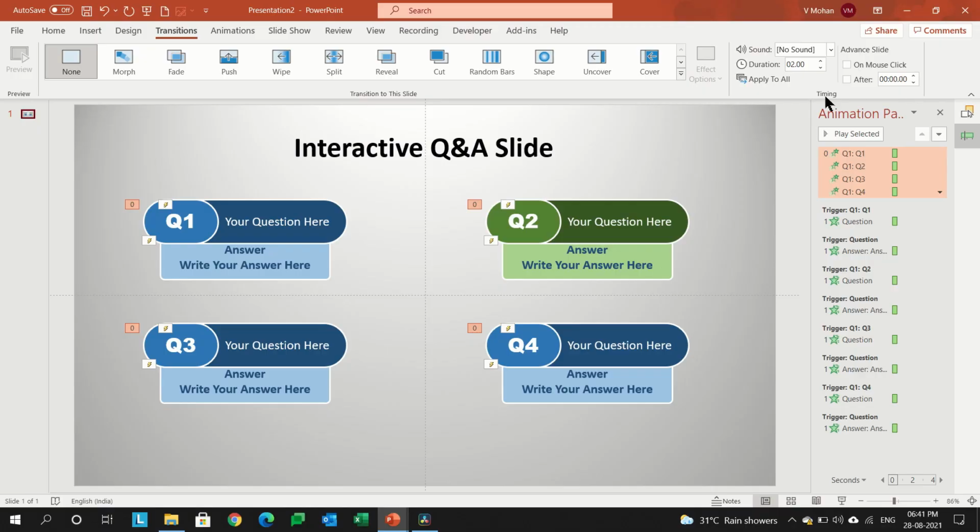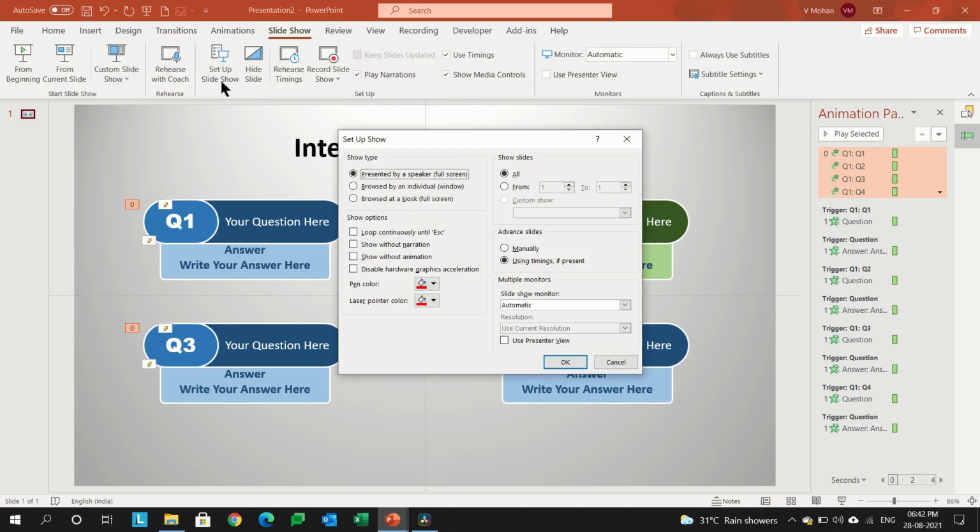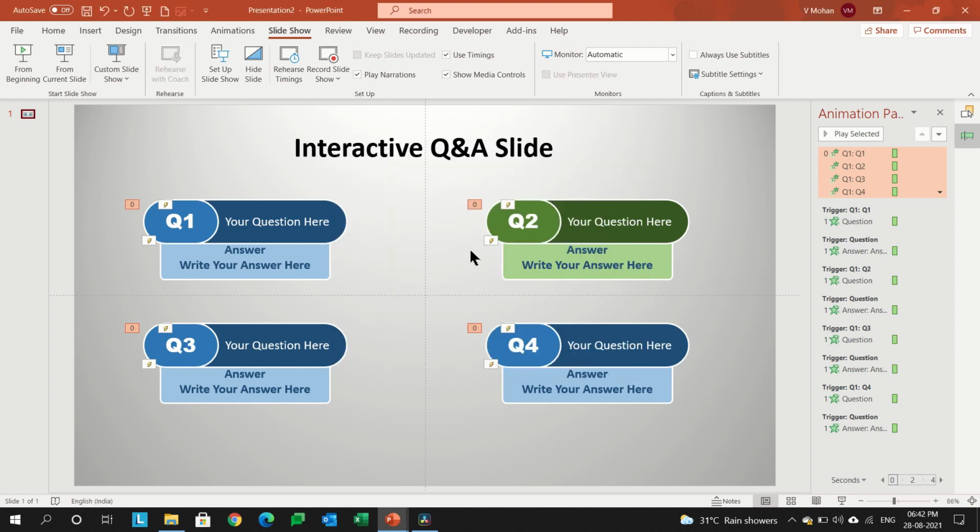Okay, so this is one option. Second trick, go to slideshow, Set Up Slideshow. There is an option called Browsed at a kiosk (full screen). If you check this, even when you by mistake click on the keyboard's arrow button or something, it will still not go to the next screen. I'll check this. So on mouse click we disabled it, and on the keyboard, when we click any arrow key, it should not go to the next screen. This is tip number 2.